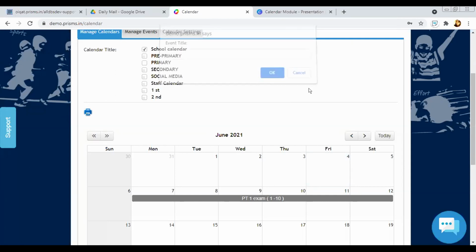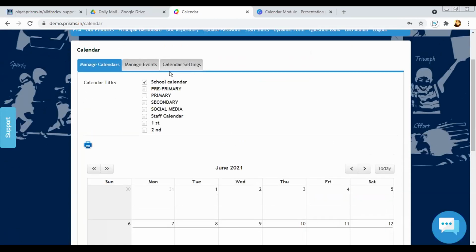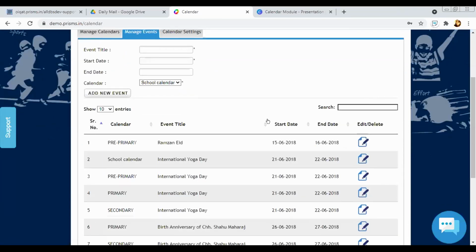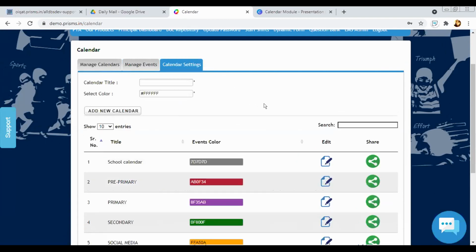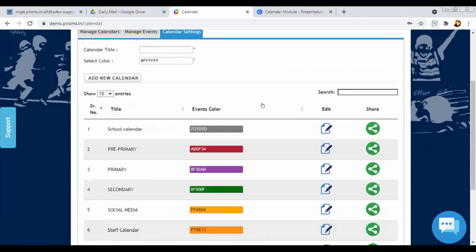I think there is no requirement of making an Excel sheet even. We can directly come here and type directly over here. Why do you need an export and further importing? The color is creating a problem. They will think about it, and let them speak to their development team and let them think of it. Otherwise, let's create three calendars. One is for holidays, the other is for events, the third is for important updates. So there will be three calendars which can be shared commonly to all the grades. Whenever you want to add a new holiday, you will edit in the holiday calendar. When you have an important update, you will update in that particular calendar. That is what they have for now. Of course, Mr. Dipesh will be talking with their team and helping us.